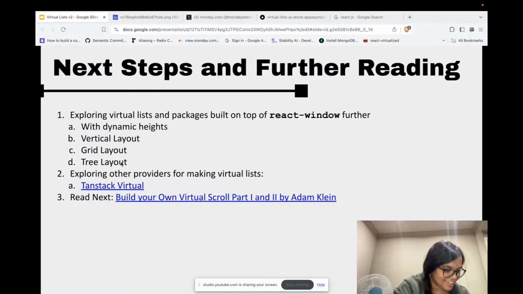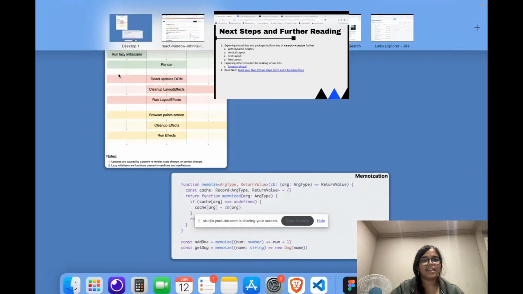Yes, we can calculate the hierarchical tree structure. Okay, Ravina asked, can you please explain how did you perform the performance profiling? Okay, so in